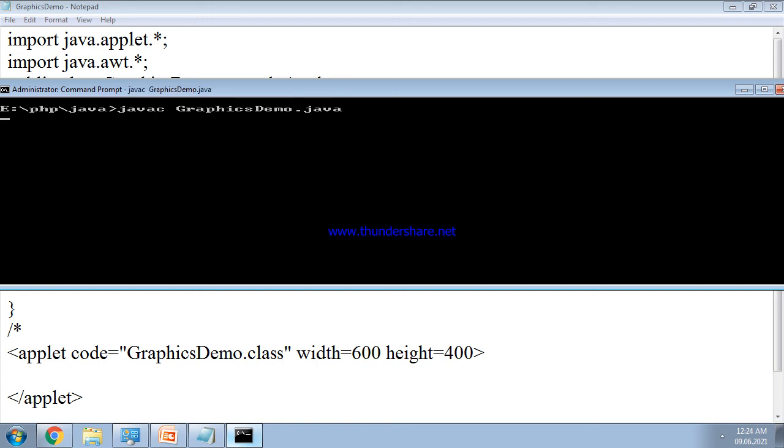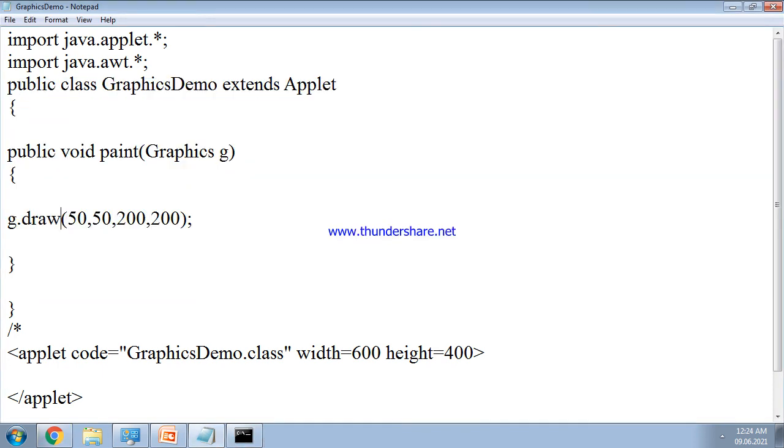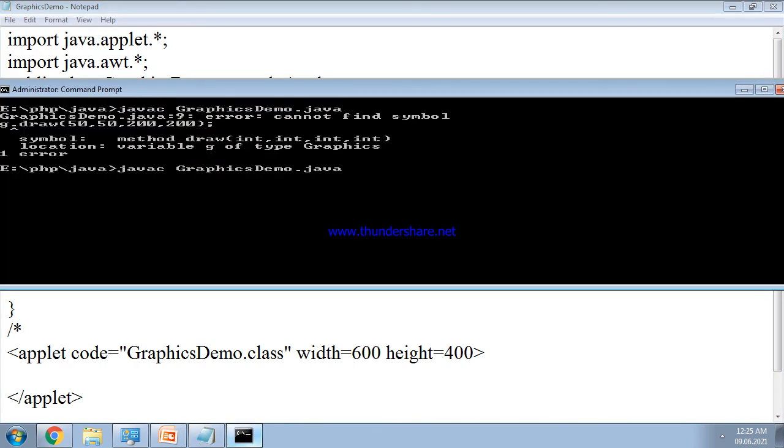javac graphics demo.java. Now we are getting an error because we have written just draw. We have to write the drawLine method. Okay, drawLine, save the program. Let us compile the program. Now the program is compiled.